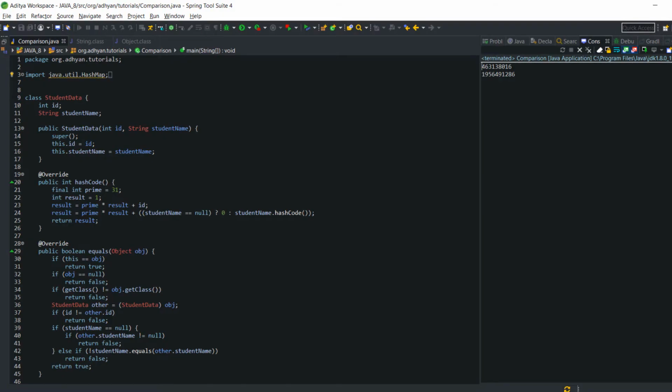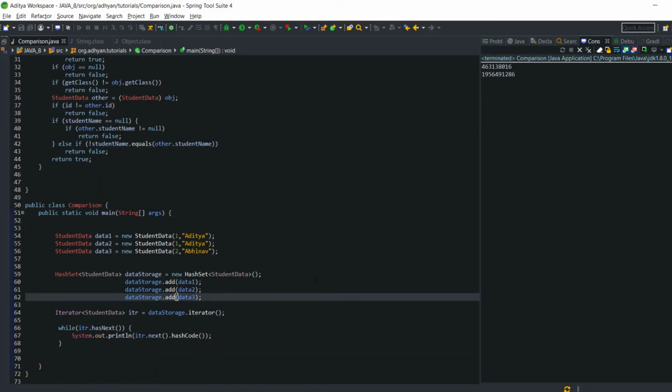So in this video we have learned about double equals, which is used for reference comparison, and we have learned about the equals method. We should always override the equals method whenever equals is pointing to the Object class, or you are using your own custom class for object comparison. And whenever you are overriding equals method, you should always override hashCode also along with equals, otherwise you can't use that comparison or the collection framework properly.